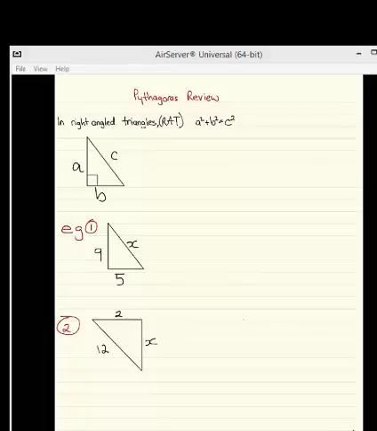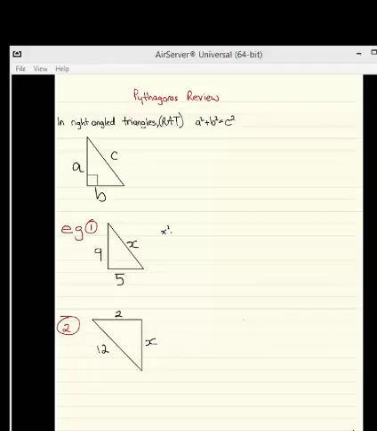Okay, very quick review on Pythagoras. So in any right angle triangle, a squared plus b squared is equal to c squared. Now I'll shorten right angle triangle to RAT because I get really tired of writing it out. So you'll see here we've got the first example, x is on the hypotenuse, so this is a really straightforward